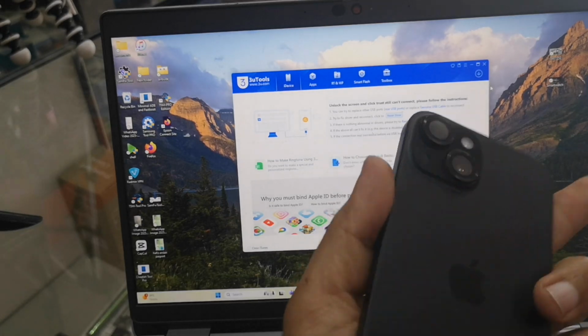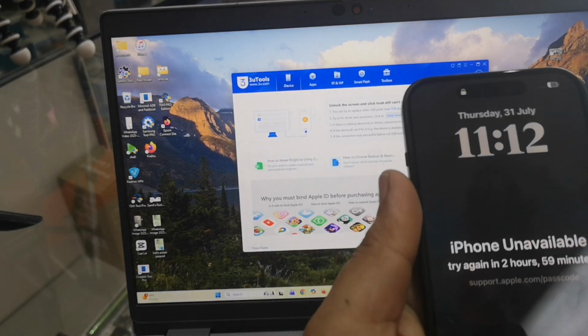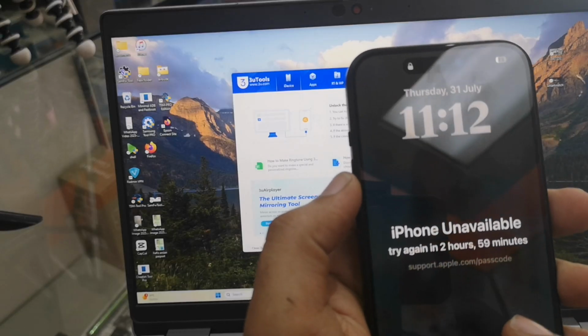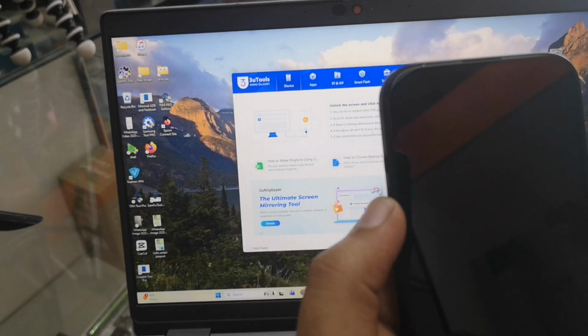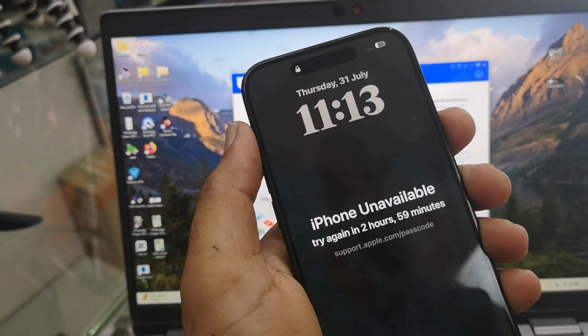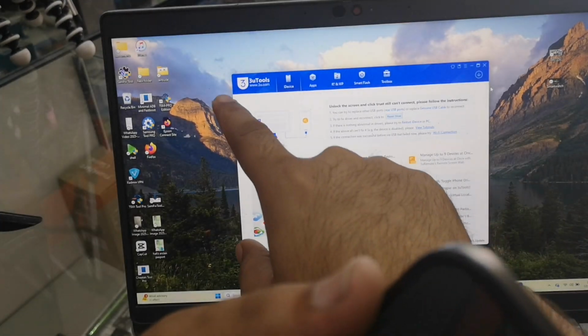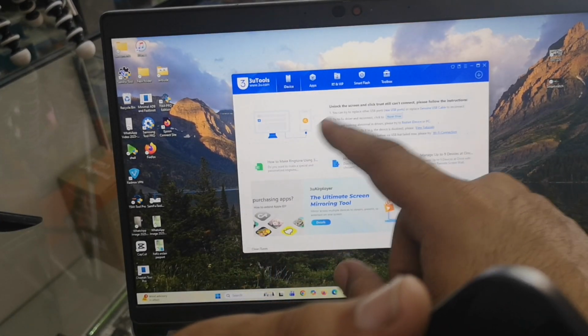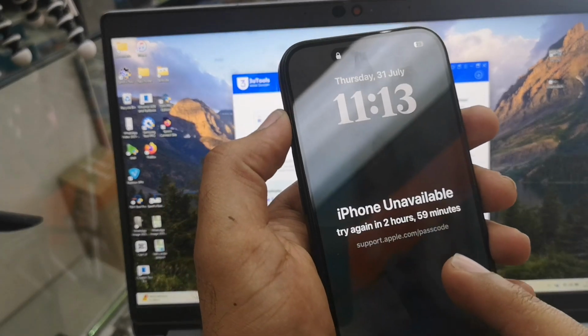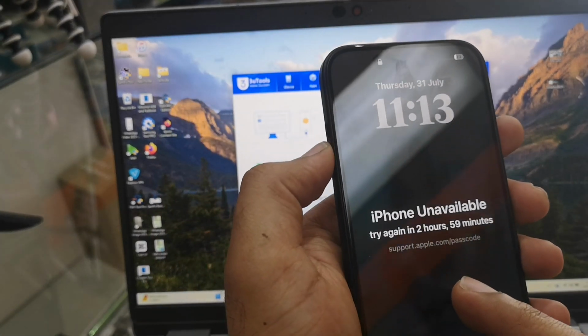Today we have this iPhone 15 and the customer forgot the screen lock. So if you also have this phone, this video is for you, on how to recover this kind of phone. So we have to download the 3uTools. You can get this one on Google for free software, and then we have to take our phone into